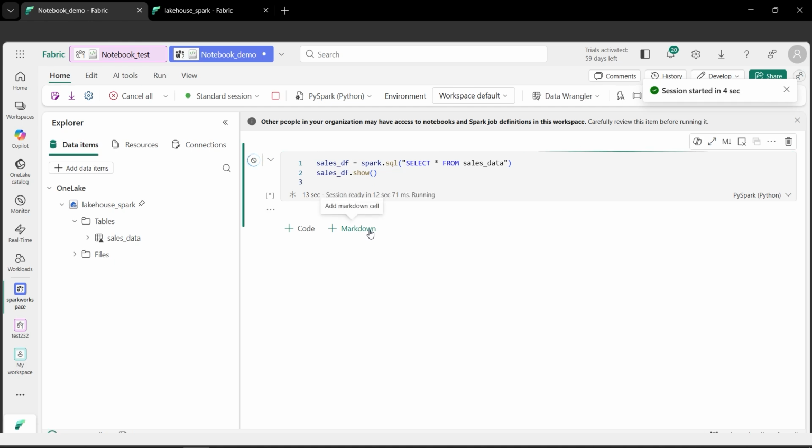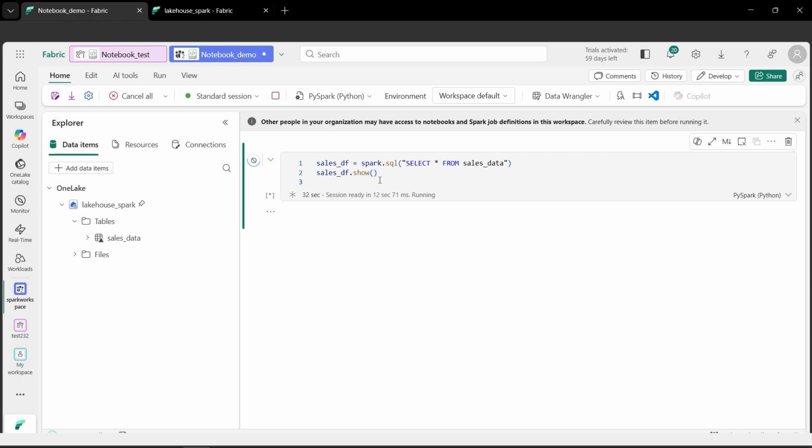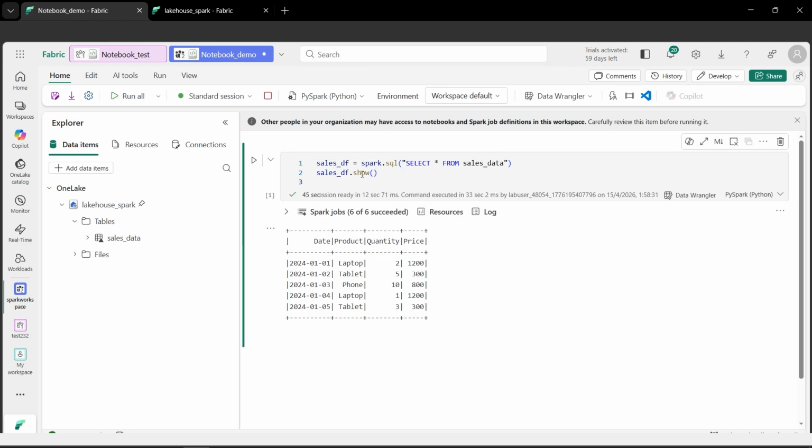So I'll give you some brief intro if you're new to notebook and all. Here, if you look at df.show, this shows what data is written in sales.df. It's kind of a display, in a nutshell. Or if you are familiar with Java, it's like a print statement, what we use like System.out.println, right? So similarly, we can see